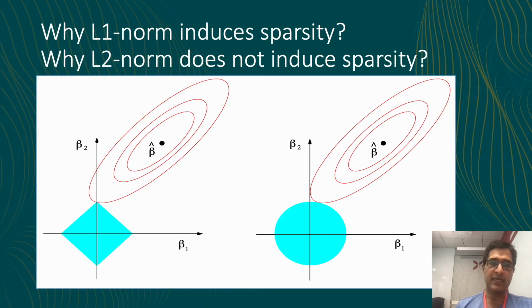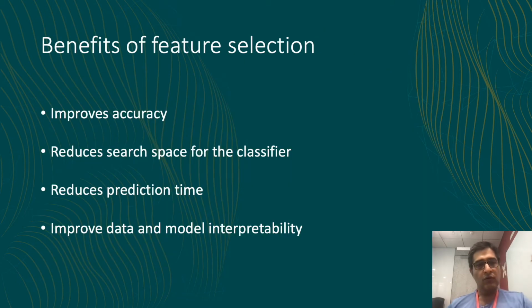On the other hand, in the L2 norm version, the second term looks like a circle in the two-dimensional, or two-feature case. But in case you had multiple features, it will become a sphere. And essentially, the intersection is such that the beta 1 value, for example, is very small, but it still exists. It's not pushed down to 0. Okay. So overall,